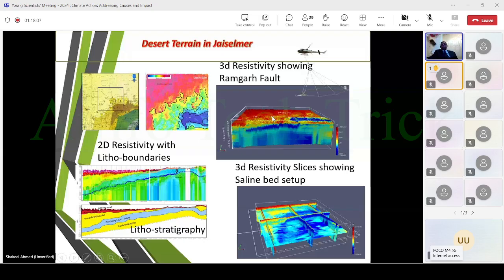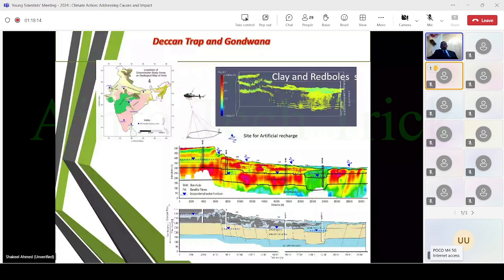So let's move now to another very important formation, called the Deccan Traps. These are basalt, and basalt is found all over the world, and it is a very complex formation for an aquifer system. You see, the basalt is formed by the lava flows. So this detailed information